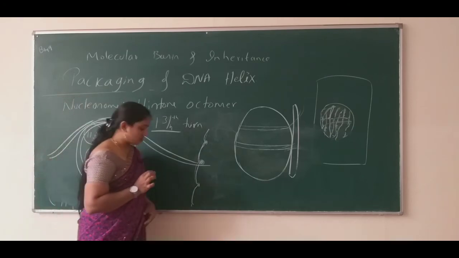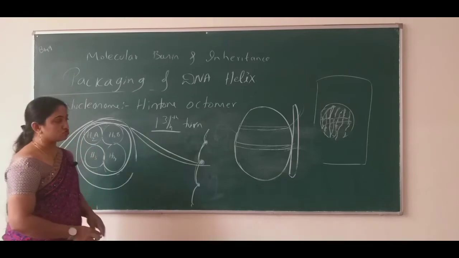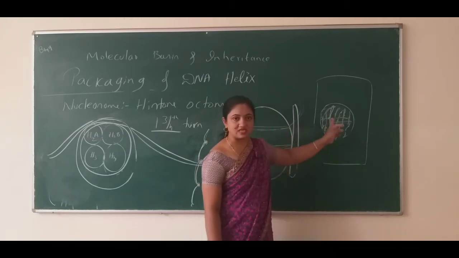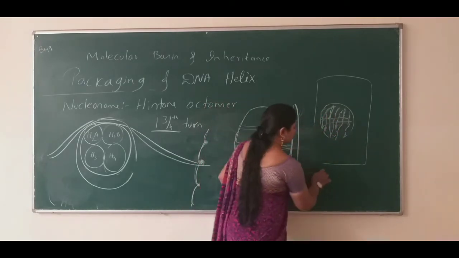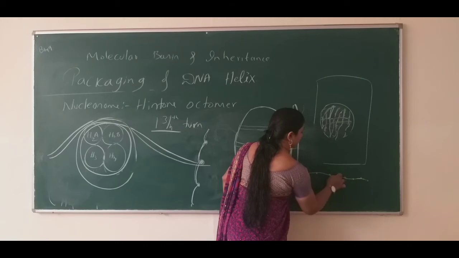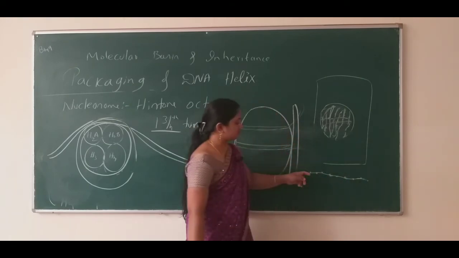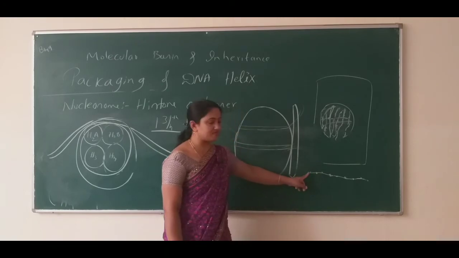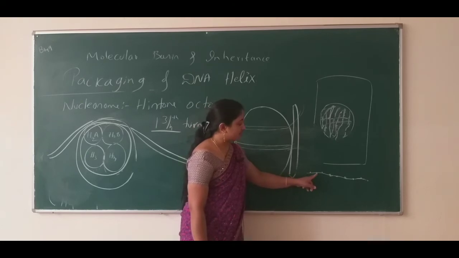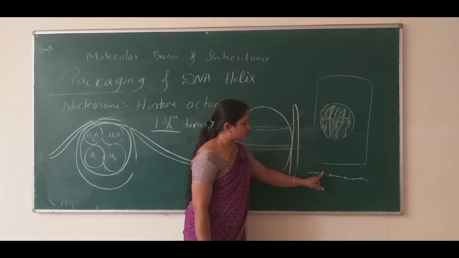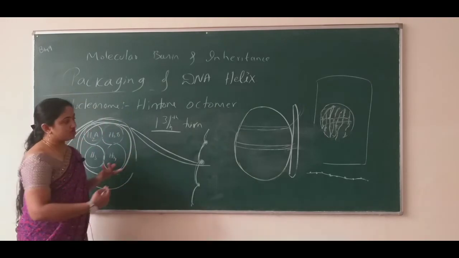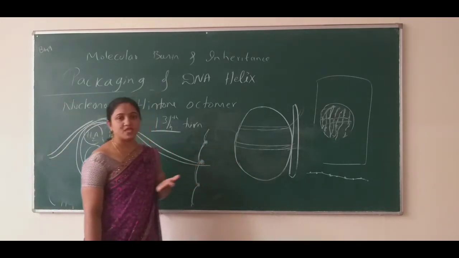In the electron micrograph, or the electron microscope, if we observe the chromosomes in the cell, we find strings with a bead-like structure. So, a beads-on-a-string like structure. This visibility is because of the presence of the histone octamer, DNA strand, histone octamer, DNA strand. Because of that it is visible in the form of beads on a string.